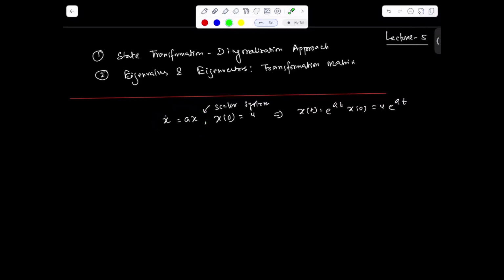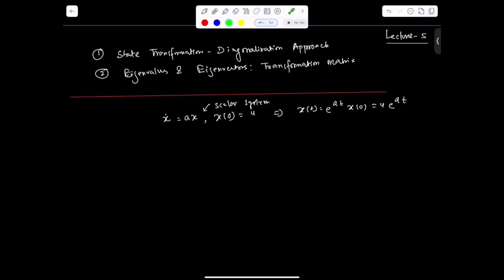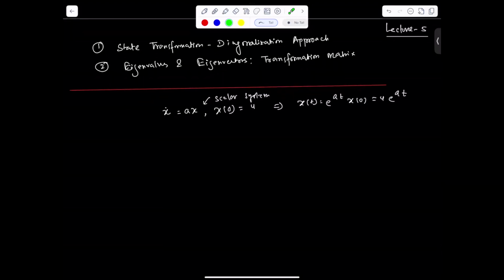it is easy for us to determine or comment whether the system is stable or not, because here x dot equals ax, there are no other parameters or other states involved in the system. The derivative of the state and the same state are available on the right hand side. So here it is easy to solve and easy to comment how the system is going to behave based on the polarity of A. Sorry, A is the scalar element.